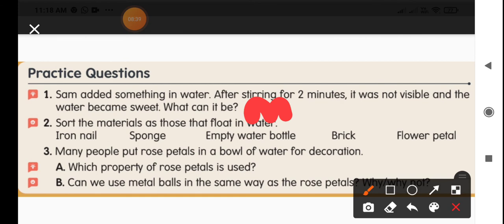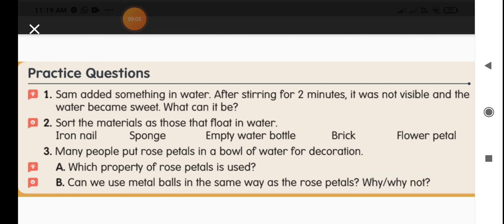Many people put rose petals in a bowl of water for decoration. Which property of rose petal is used? The floating property of rose petal is used. Can we use metal balls in the same way as rose petals? Why and why not? No, metal ball is heavy in weight, so a metal ball can sink, it cannot float. So this answer you have to write by your own, children, and then we will go to the